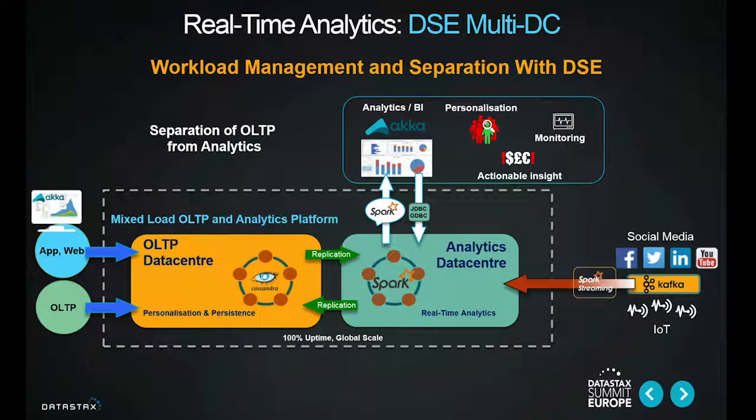Supposing you are an electricity company and you have a number of sensors on a domestic electricity meter. All those signals are being fed in, aggregated, run through Kafka, through Spark Streaming, and being fed into an analytics data center, streamed in at high velocity. That data, as it arrives in that analytics data center, could be processed, real-time analysis and batch analysis if required as well. And it can also then be replicated to our OLTP data center so that users can come in on a web interface, for example, and they can watch their electricity consumption in real time.